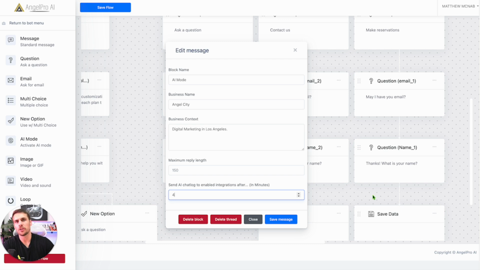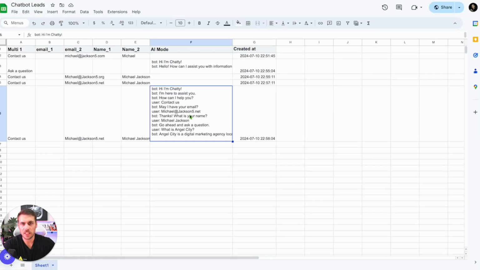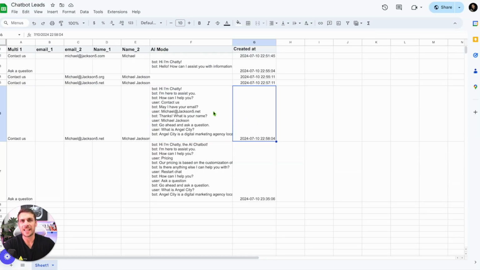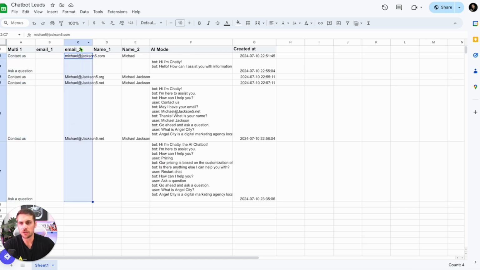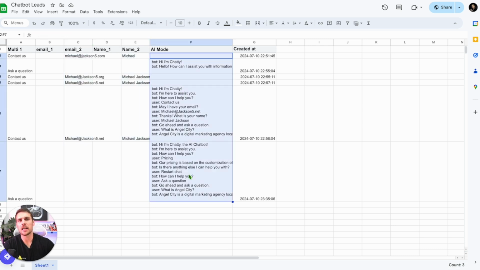Now let me show you what your integration is going to look like really quick. Here's an example Google Sheet that has been integrated in with our chatbot. And you can see that we've had a number of leads come in from our chatbot. Here it tells us what they chose on multi-1, and then it says the email that they gave us in email 2. It tells us the name that they put, as well as it tells us the AI mode chat log. So you can see that last chat that we had with this example chatbot is right here